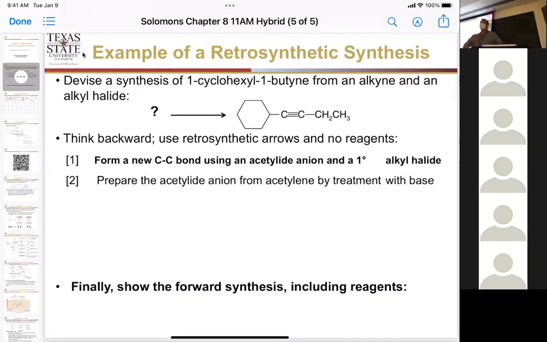Okay, I didn't go over that because I wanted to do the review and I wanted to introduce this today with reaction tables. So let's say we want to devise a synthesis for putting one cyclohexyl, one butyne from an alkyne and an alkyl halide. Okay. So we know that we can use the acetylide ion as a nucleophile. Okay. So the idea here is that I think we would want to cut the molecule here and here because it says we can use an alkyne. Okay, and the simplest alkyne to use is